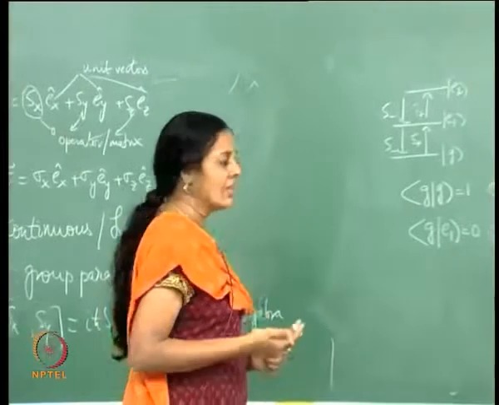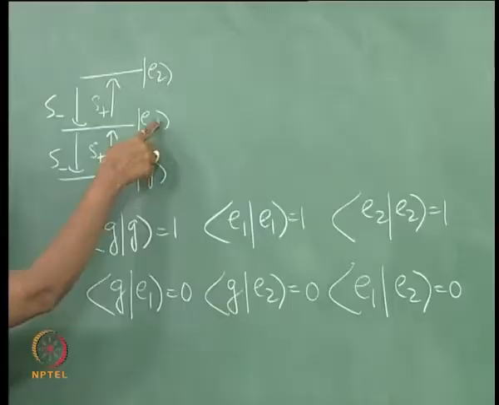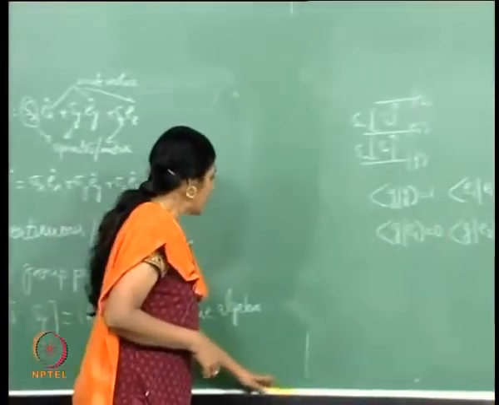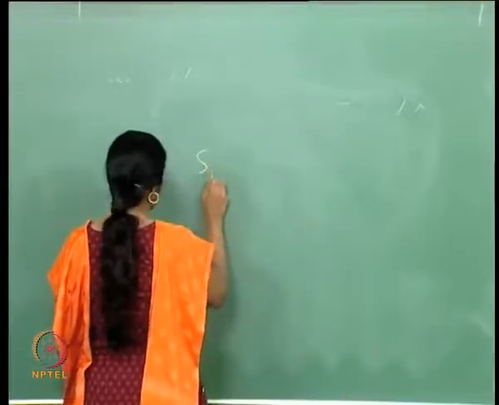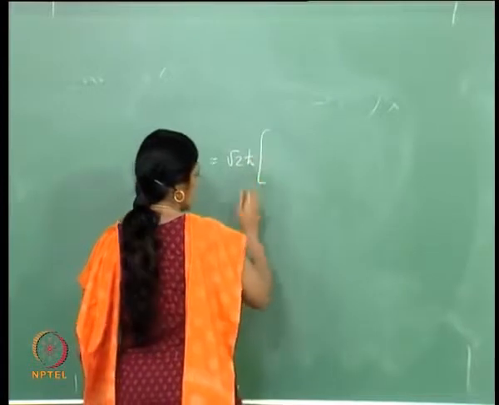Let me recall that these are energy eigenstates. This is the ground state or the lowest energy state. That is the first excited state. That is the second excited state of the atom. And in this atom, only 3 levels are of importance to us. So what are the operators that I can construct with the basis states G, E1 and E2, which could represent S plus, S minus and Sz? Now those are simply done. S plus is the operator, it is a non-Hermitian operator given by